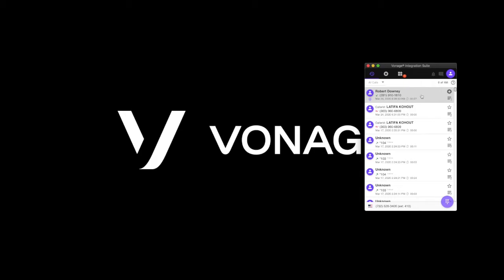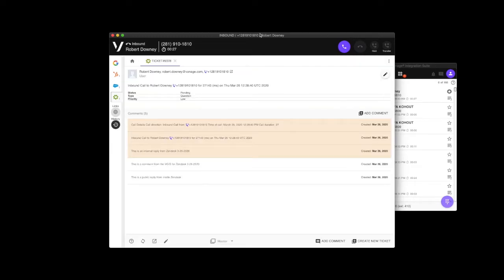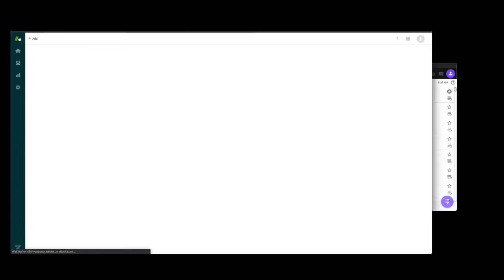In this example here, I just recently placed a call into the system. When the call pops up, you can see that a ticket was automatically generated and that notes were automatically filed into the system on that ticket because I found a single matching contact. If I want to see this information inside Zendesk, I can simply click here on this little box with an arrow, or I can click on the main button to open in Zendesk.